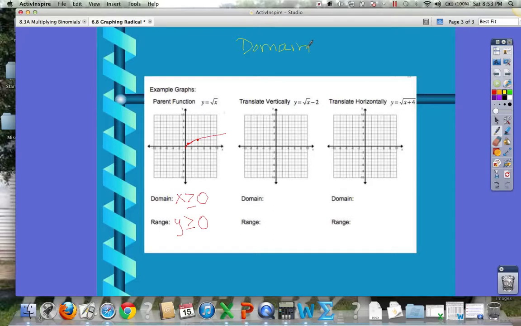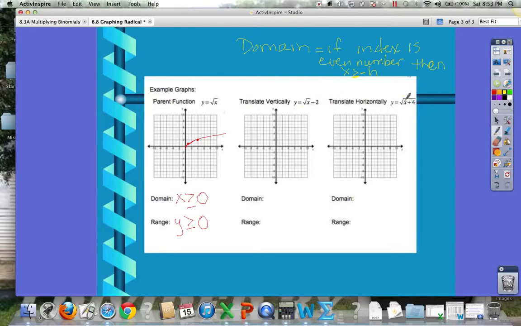The domain, if the index is an even number, then x is greater than or equal to the opposite of h, okay? Because remember, the opposite, if it's underneath the parentheses, is the way it's going to shift,